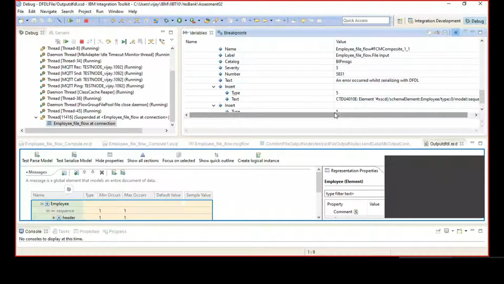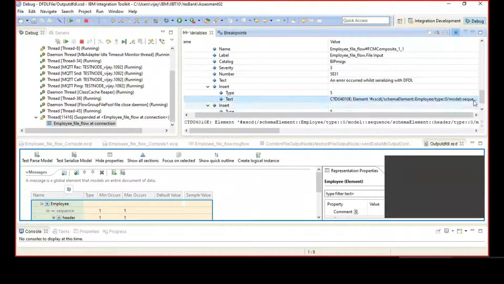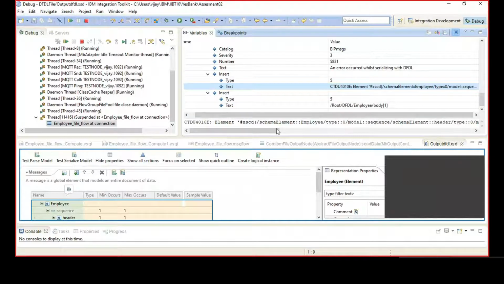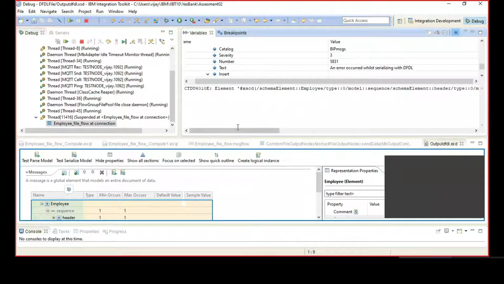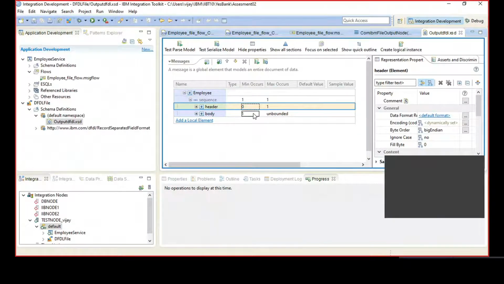What does the full text read as? Min occurs is 1, and what is it saying? Header type 0. Okay, it is saying that you'll have to have at least one header. So change that property to 0 in your XSD. You have set the minimum occurrence for the header to be 1. Change that number to 0 and then continue with your debug process.